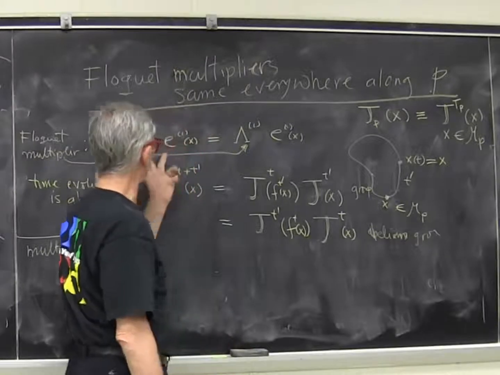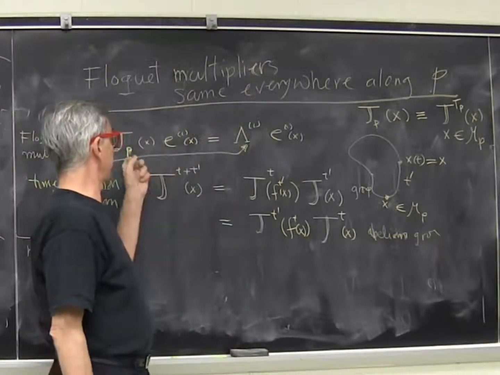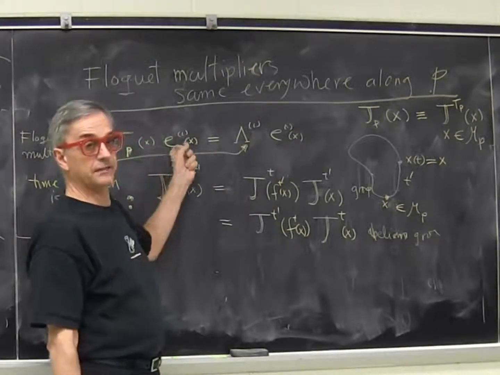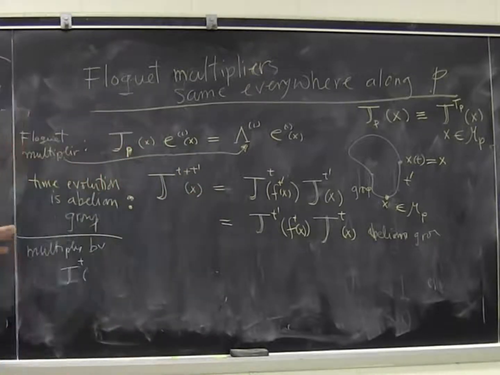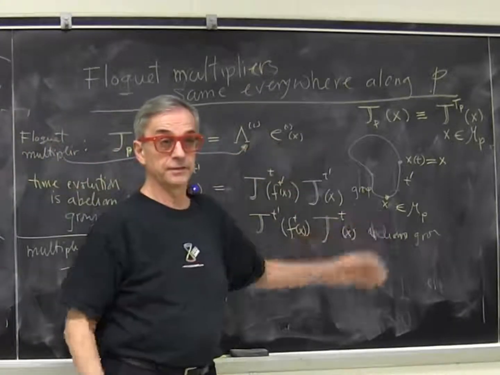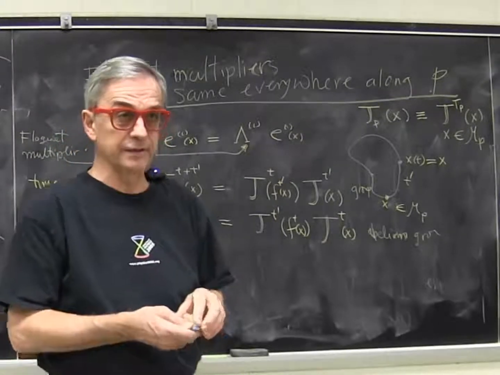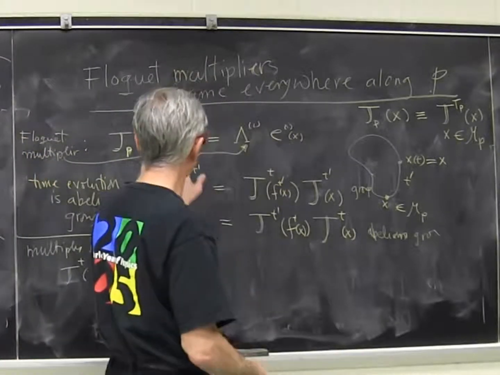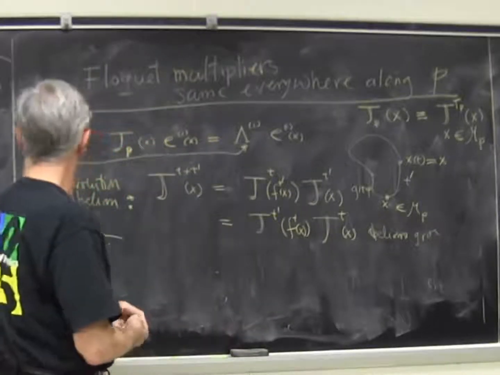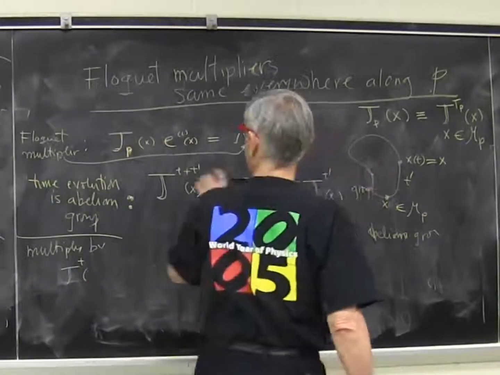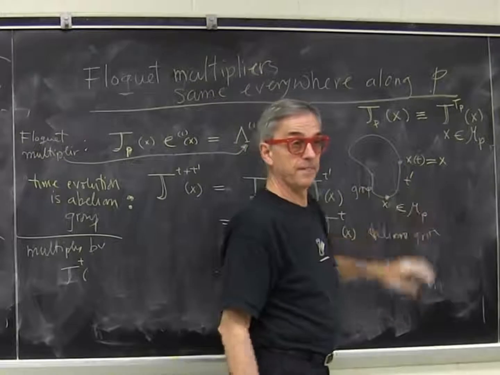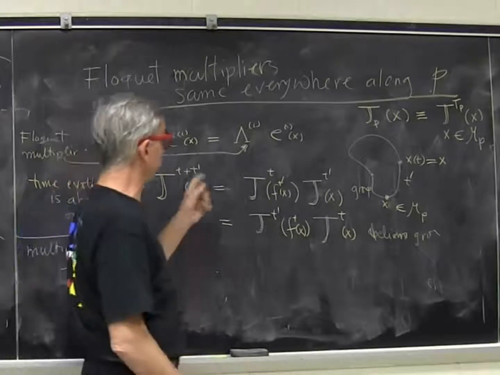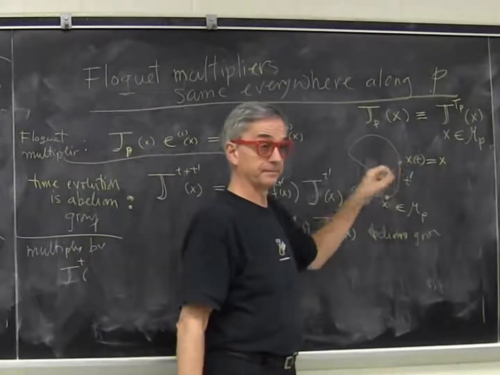No, there are d. This is a d-dimensional matrix, so there are d different eigenvectors, and one of them happens to be tangent. The rest are not. Actually, it's very important that d minus one of them are either transverse or marginal. So this is a complete set of eigenvectors. If we go to some other point, the matrix changes and the eigenvectors change. And what I'm doing now is giving you the relationship. I'm saying that if I compute it at any point on the cycle, I know it every place.